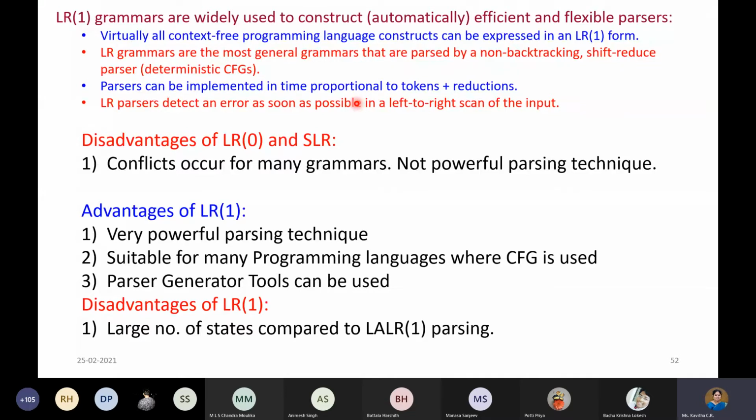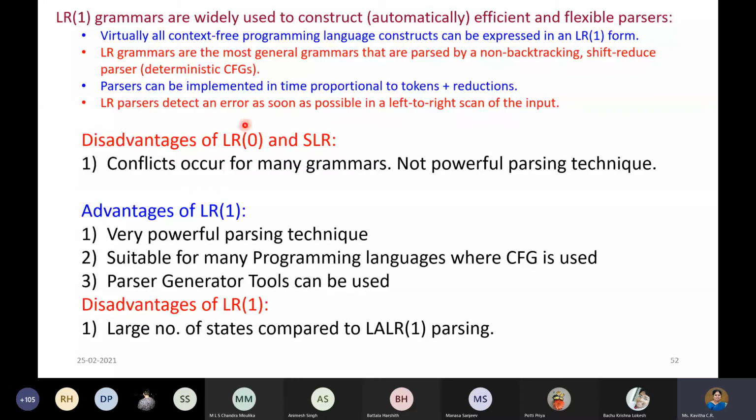Although we say that the effect is going to be the same. There the effect is the same, here also the effect is the same. We are just verifying whether something is a valid syntax or not. But the way we do the strategy is good in bottom-up parsers, and especially in LR(1), or with more lookaheads in LR, that would be better. Okay? So there are some disadvantages with respect to a few techniques.